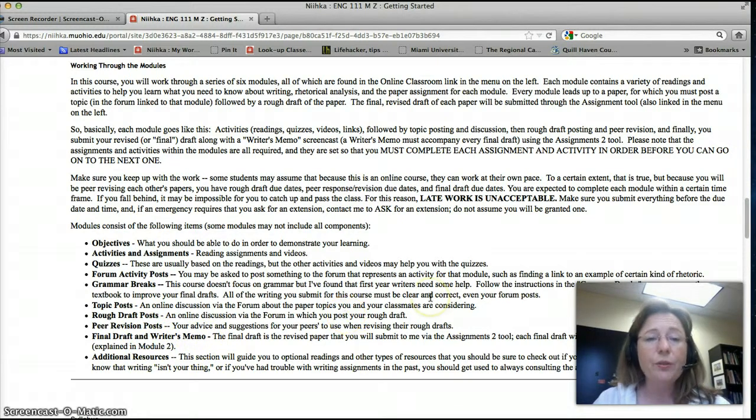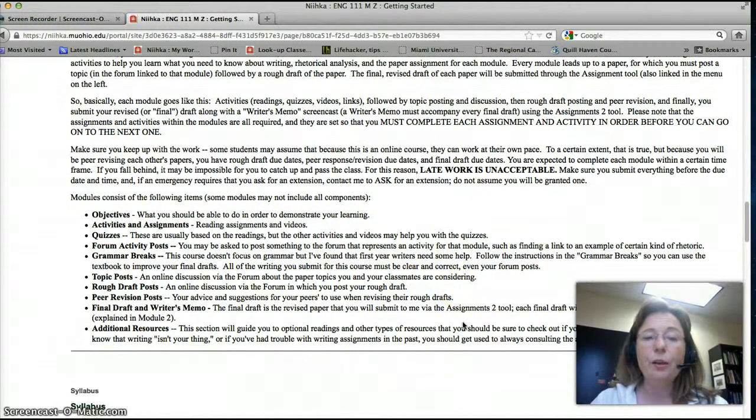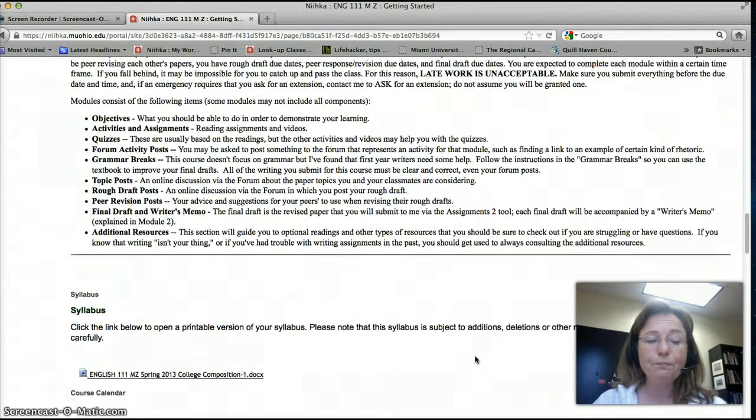And what you're going to do for that writer's memo, and this is really important, is you're going to make a screencast just like I'm making a screencast right now. The writer's memo assignments ask you to reflect on the process of your writing these essays that you're going to write. So you'll get more information about that for the future, but for now you can think of this screencast that you're watching here as an example of the kind of technology you're going to use for your writer's memo.